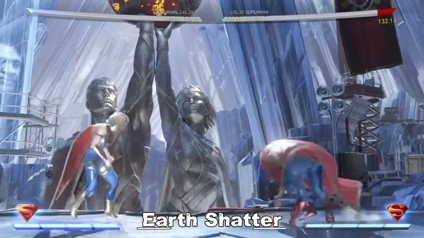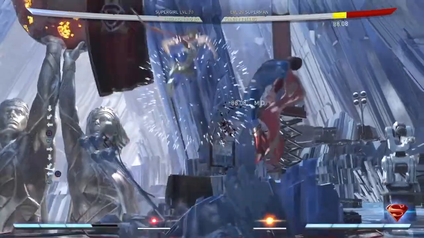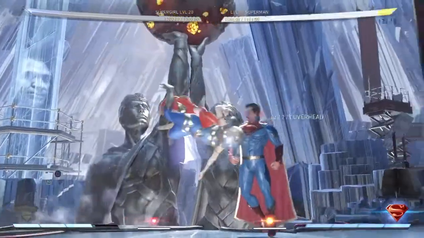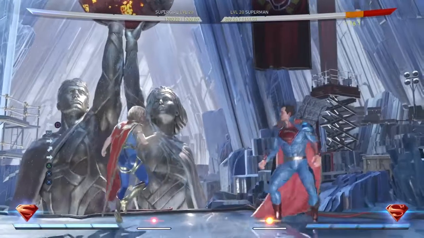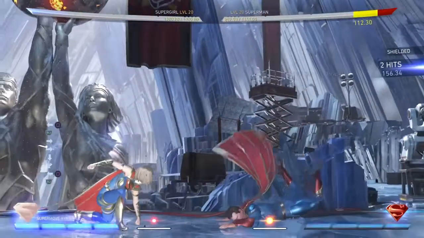Next up, this ability isn't bad per se, but it's definitely worse compared to its original. Supergirl's Earth Shatter, where she comes down into an overhead. It's nice, but the normal meter burn is a float cancel, so you can rise up, do a float cancel into Supergirl shenanigans, which is where Supergirl really excels. This isn't a bad ability per se, but I just feel like it's probably not as good as what